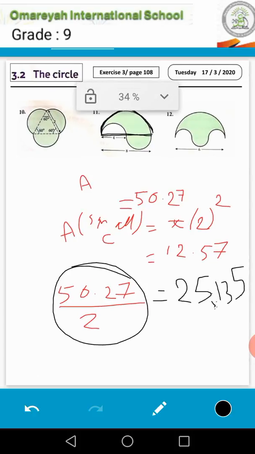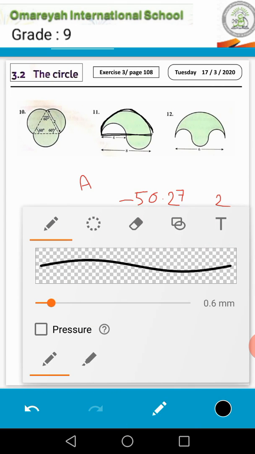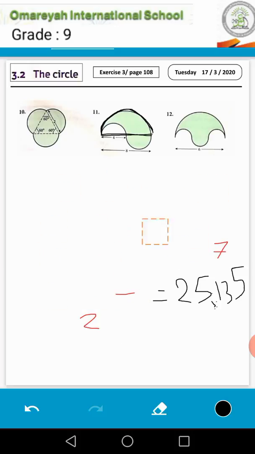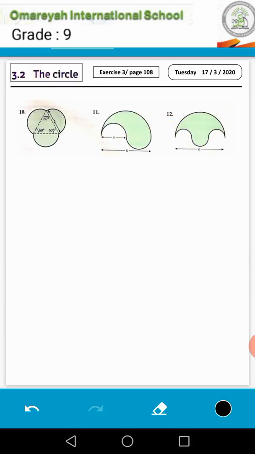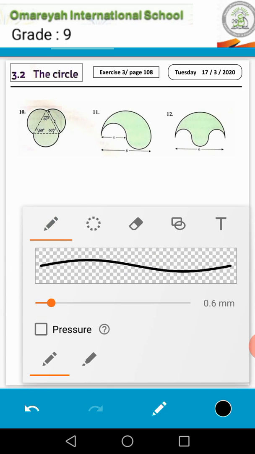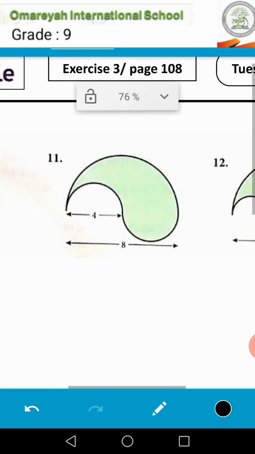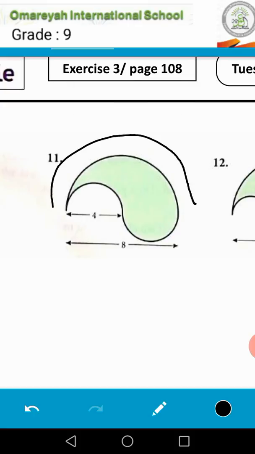Okay, so this is the final answer about the area. Now let's find the perimeter of the shape. Can you tell me how you can find the perimeter? For the perimeter you have to find half of the circumference of the big circle, plus half of the circumference of this circle, plus half of the circumference of the whole of